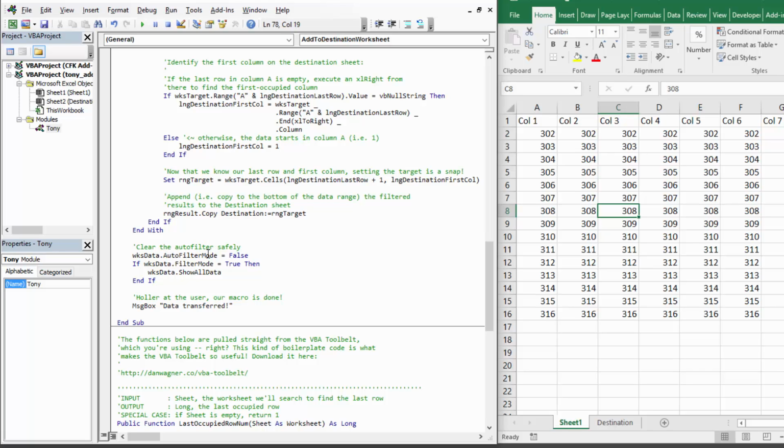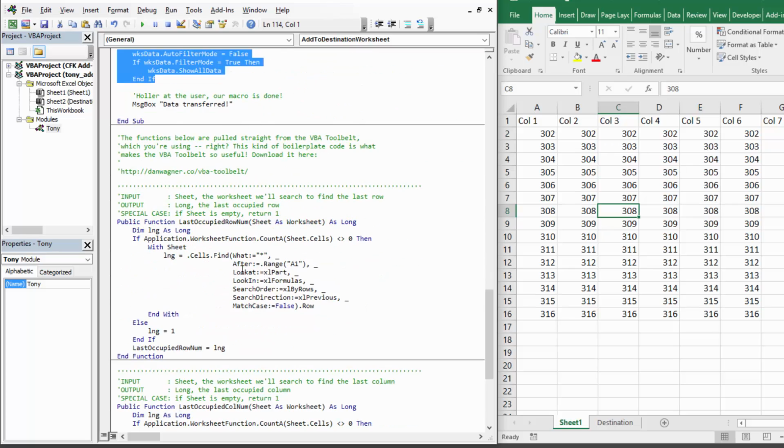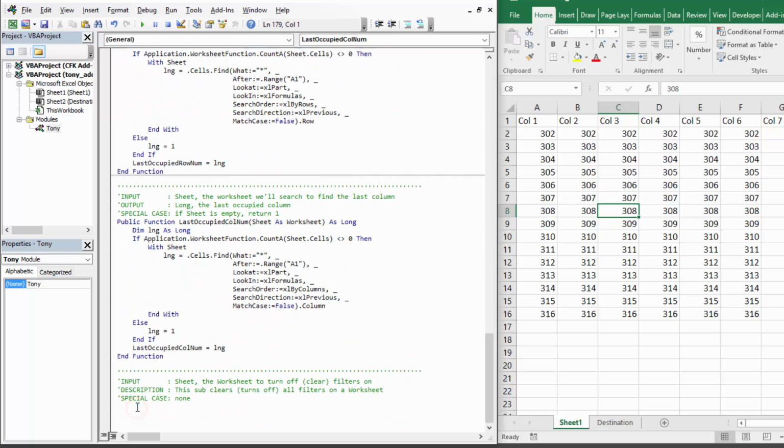First, we turn auto filter mode to false, and again, we check the filter mode to see if it's set to true, and if that's the case, we call show all data. So, in this situation, we want to go ahead and extract this functionality out into its own subroutine.